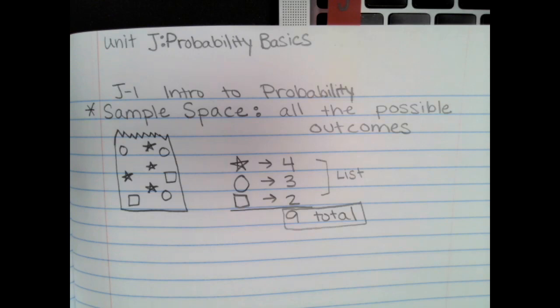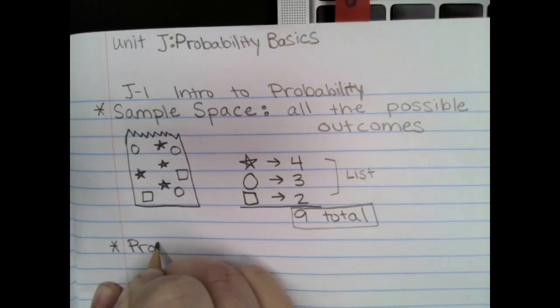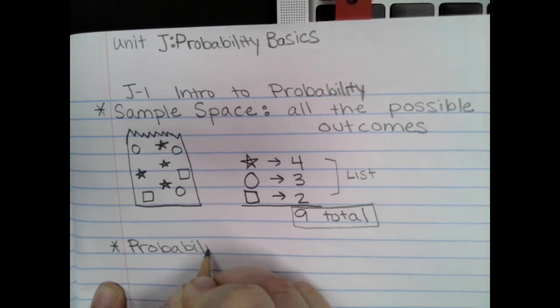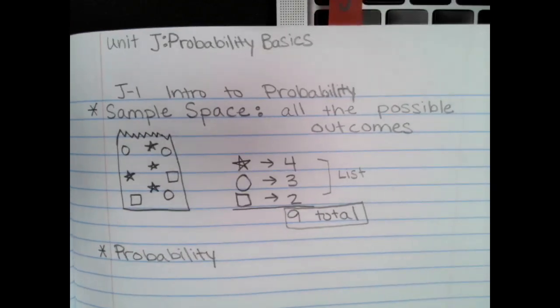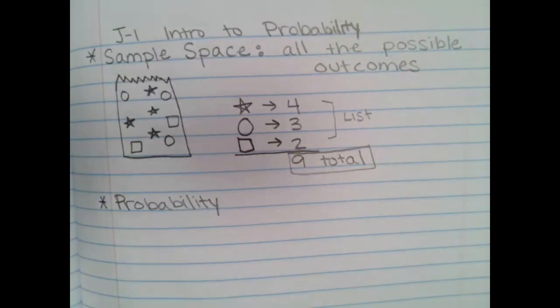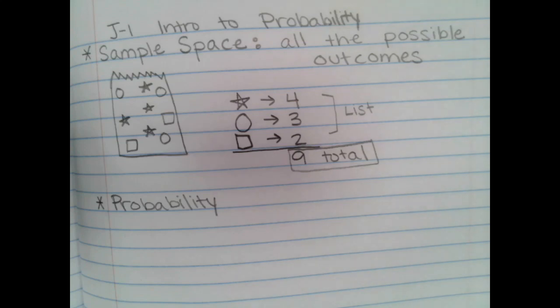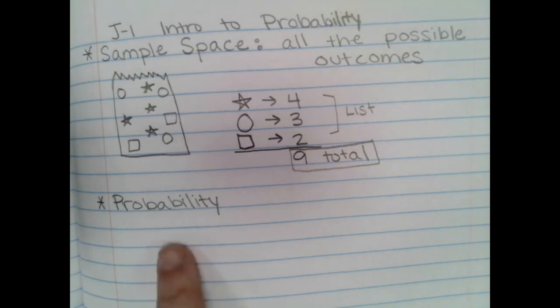All right, that brings us to our next definition, which is probability. And when we think of that word probability, what does probability kind of sound like to you? What word might you use in the real world that sounds like probability? Probably, what? Kind of like what's supposed to be? Yeah. So probability kind of sounds like probably, like what will probably happen or what won't probably happen. So probability is kind of like that word probably.